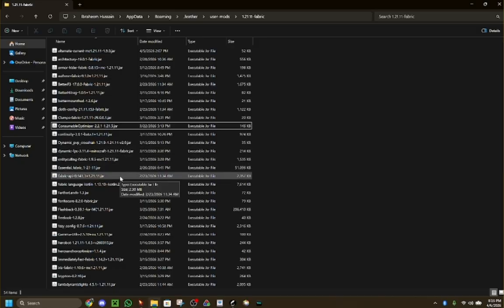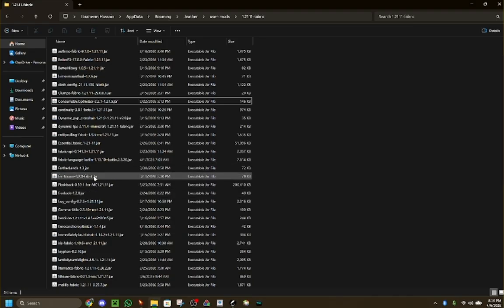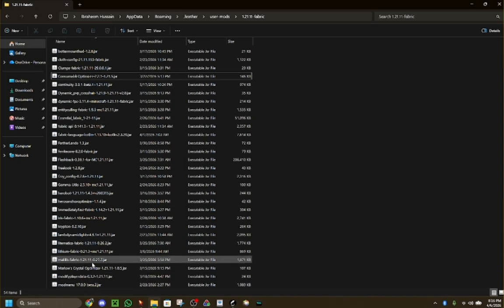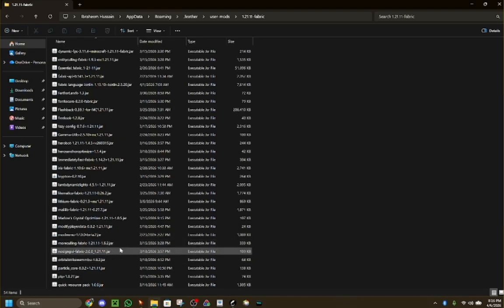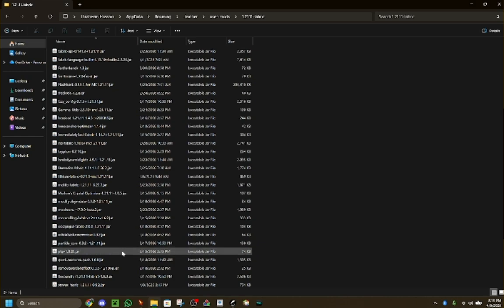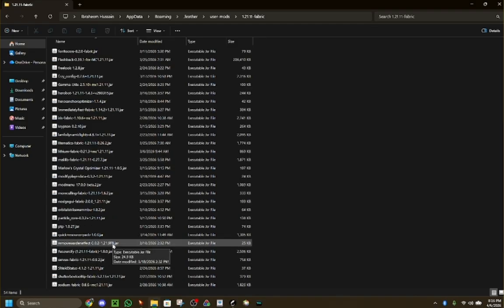Fabric API, Fabric Language Kotlin, Fartherlands, FerriteCore, Flashback, Free Look, Fizzy Config, Gamma Utils, Hero Bots, Heroes Anchor Optimizer, ImmediatelyFast, Iris, Krypton, Land Dynamic Lights, Lightmatica, Lithium, MallyLib, Marlowe's Crystal Optimizer, Modify Player Data, Mod Menu, More Culling, No Signs UI, Orbital Strike, Particle Core, PTP, which stands for Projectile Trajectory Preview. Don't use this in SMP tests. Quick Resource Pack .jar, Remove Warden Effect,